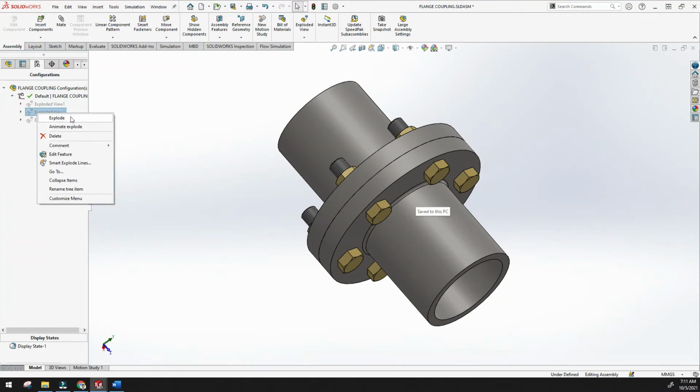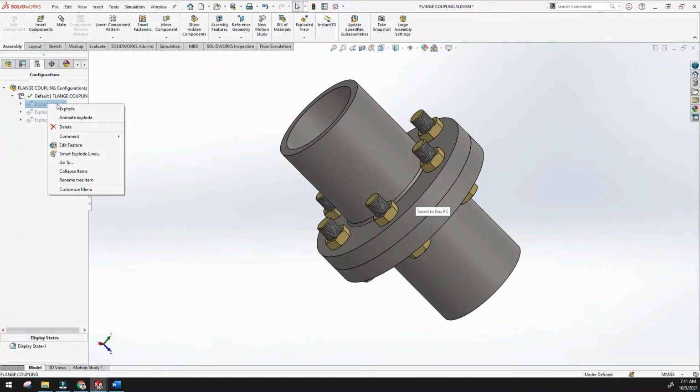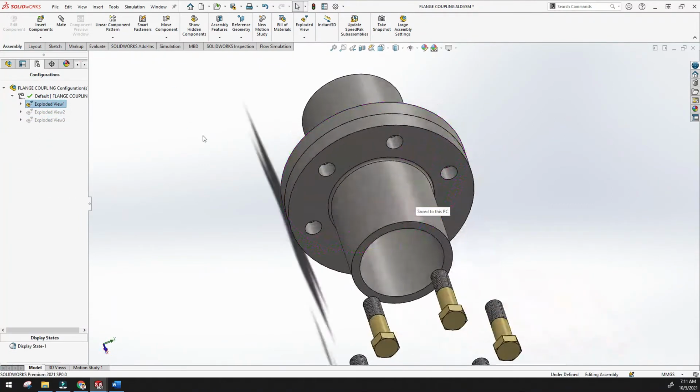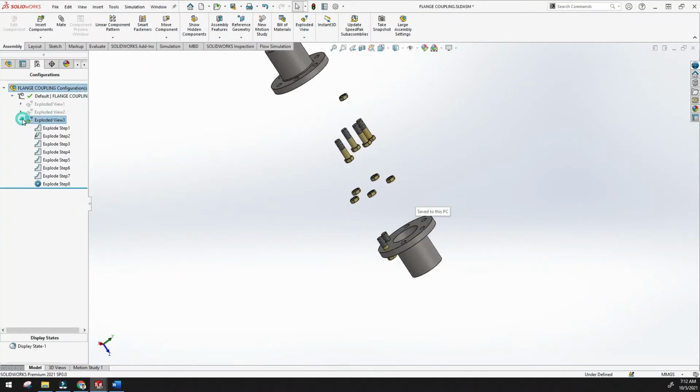If you want to activate this, just click explode and it will be active. Collapse, you want to activate this, just explode it, it will explode like this. Okay, so this is my part, and here you can see which part. Here you can just click, and then it is easy to understand where the part is located.